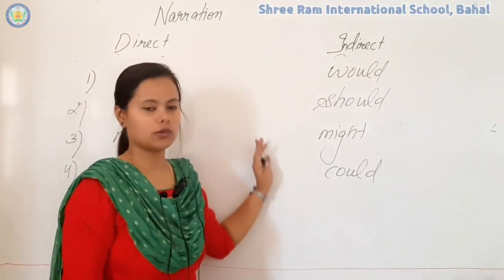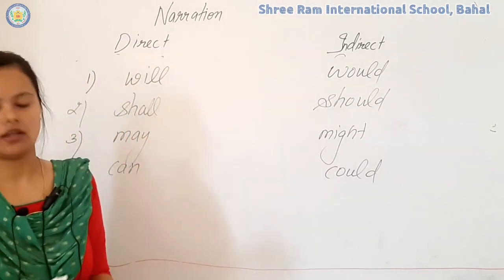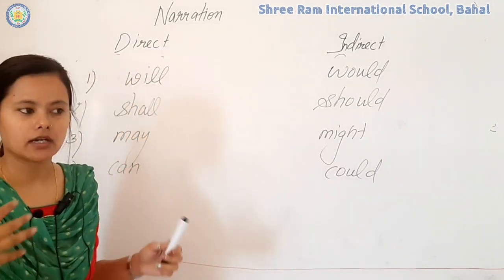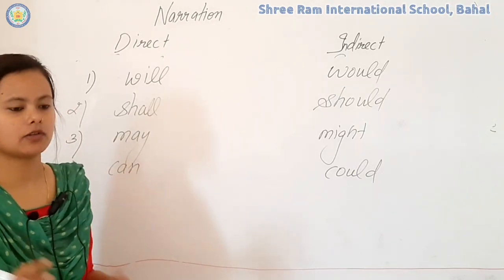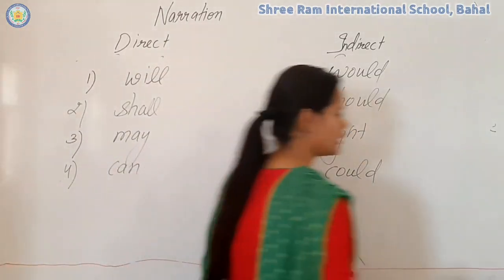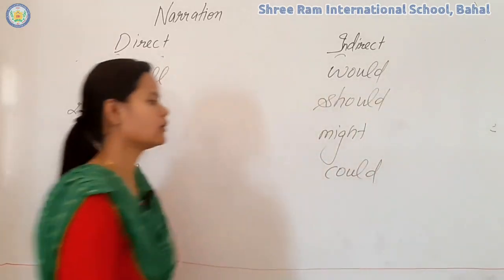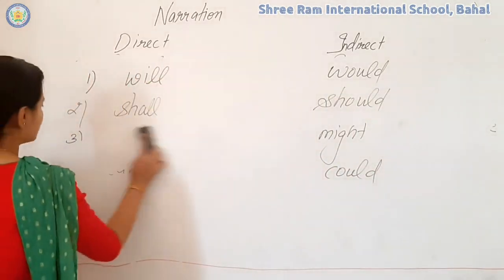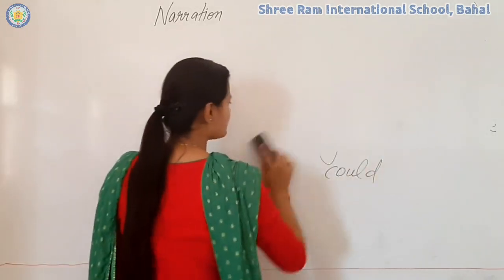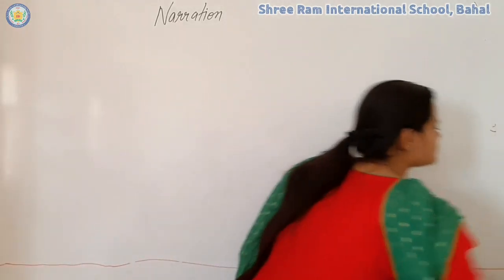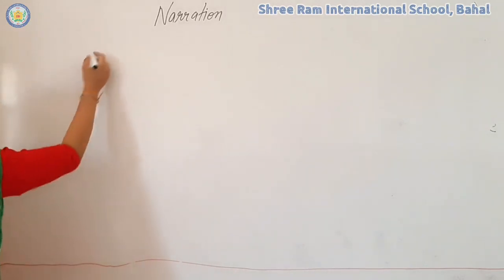So I have told you all the tenses, and how you can change them when you make any sentence from direct to indirect. So what kind of changes you have to do when you change any direct speech into indirect. Now I am writing some examples, so it can be very helpful for you in learning how we can change that tense. For example,